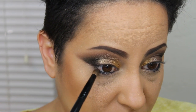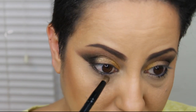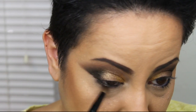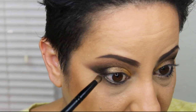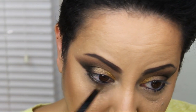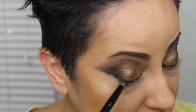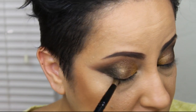Now I'm gonna go back in with Hansa and a dense but thicker bullet brush. We're gonna start to smoke out the lower lash line. And we're putting it a little bit on that black because you should have brought the black a little bit further down. And you, again, can take this down as low as you want to and make it as smoky as you would like. Okay, and